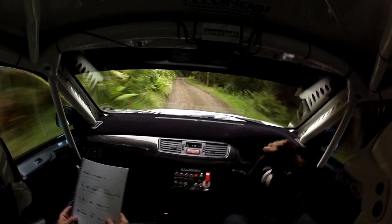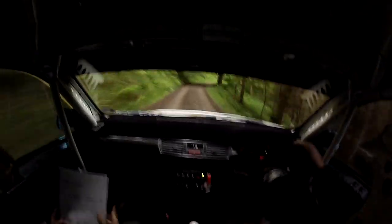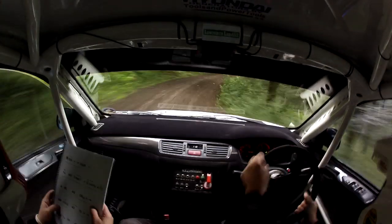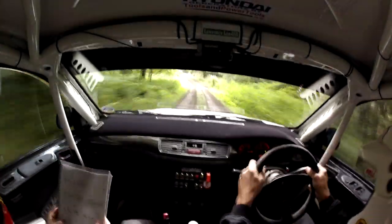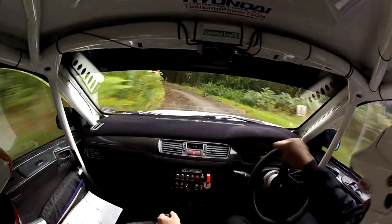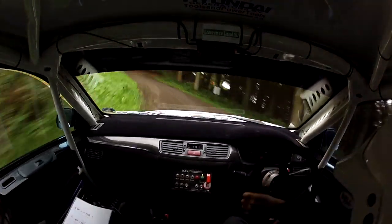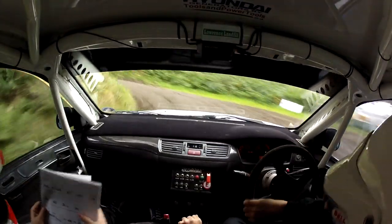tightens, into 6 right, continues for 80, 6 right now, continues for 80, and then 40, 1 left tightens, into hairpin left long, this is hairpin left long now, and then 6 right, 40, hairpin left, and hairpin